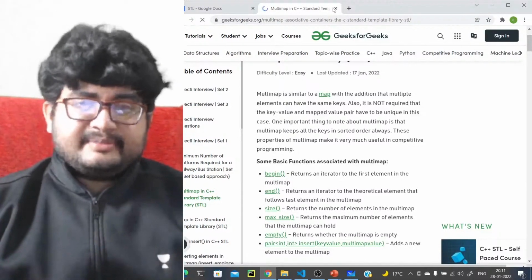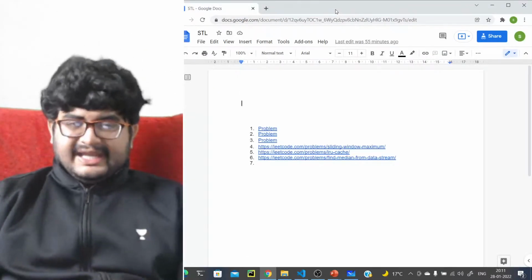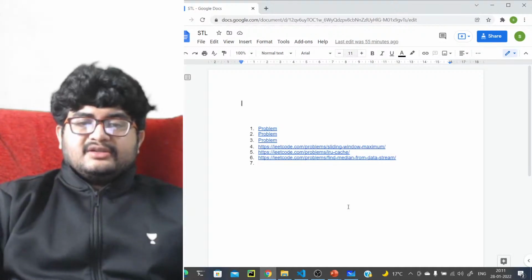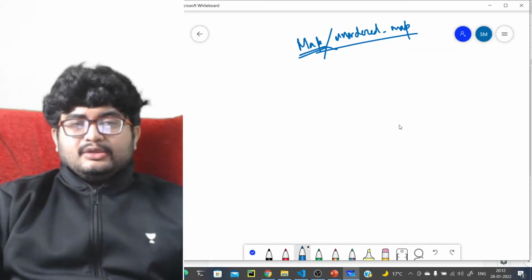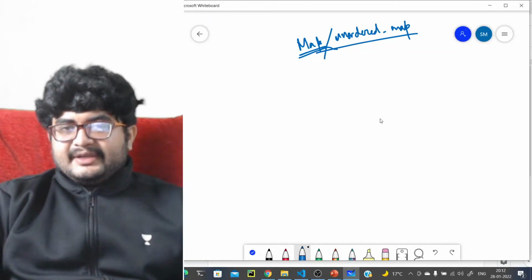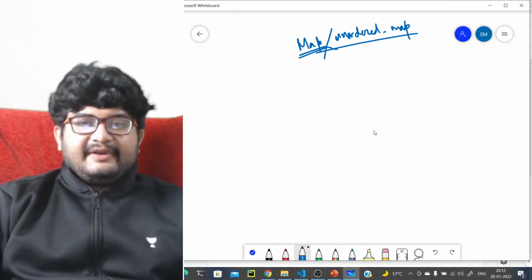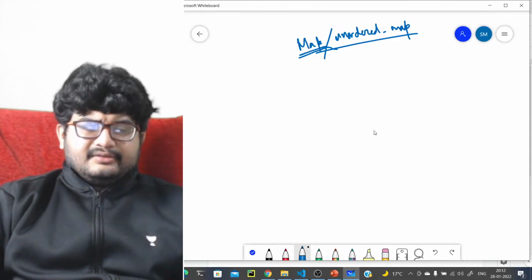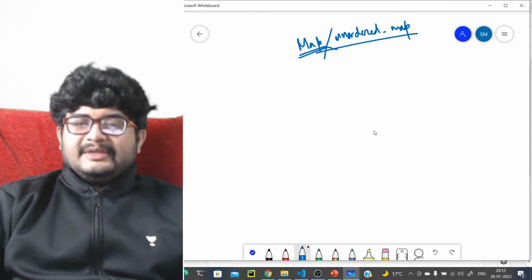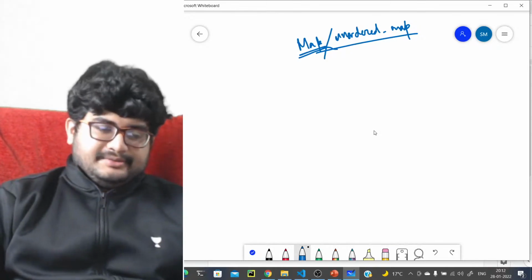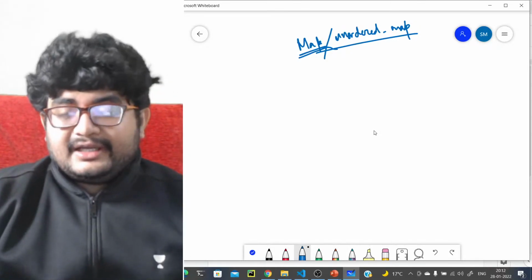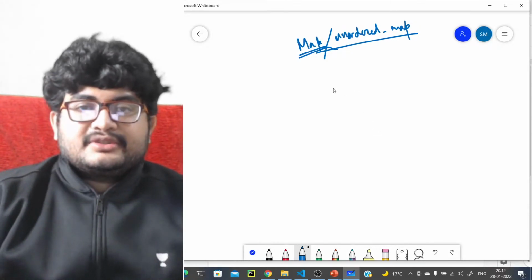Multiple elements can have the same keys. Why should we have a multimap? I'm not sure what the use case of a multimap is, but I don't think you will definitely need a multimap anytime. I never needed it. What should be the use case of multiple keys? Not sure. Maybe you might need it, but I'm not sure what the use cases are here.